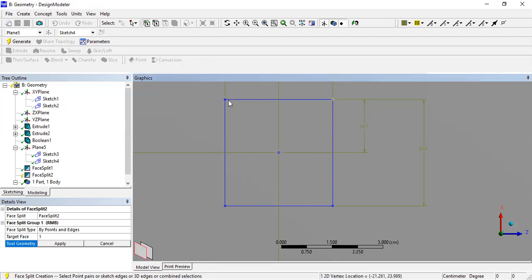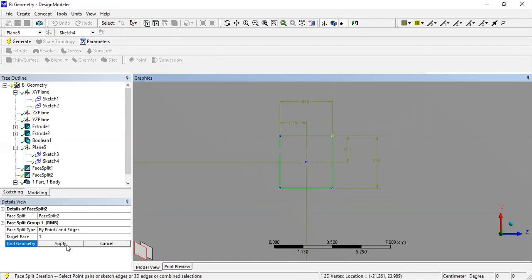Okay, and press the control button to choose the second point, the third point, the fourth. Go back to the first one. There you go. Click apply